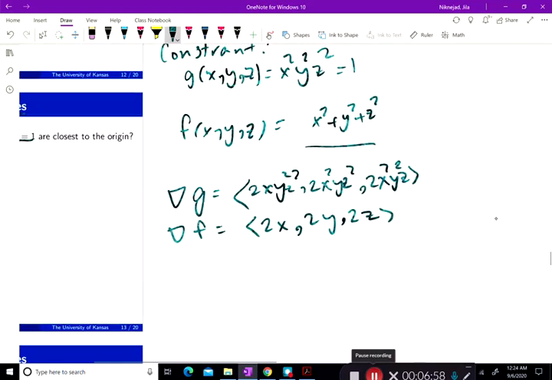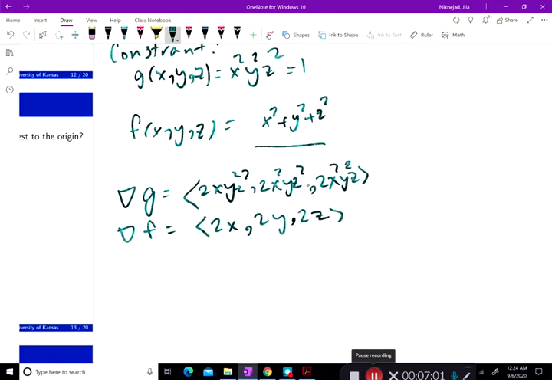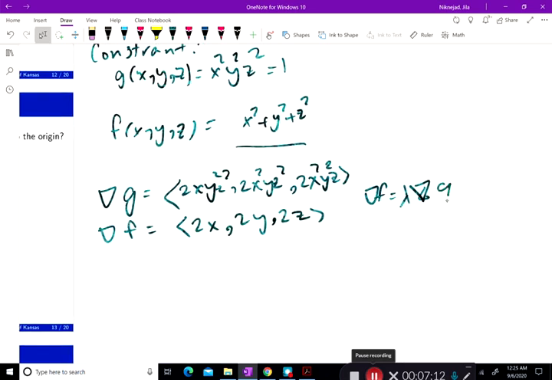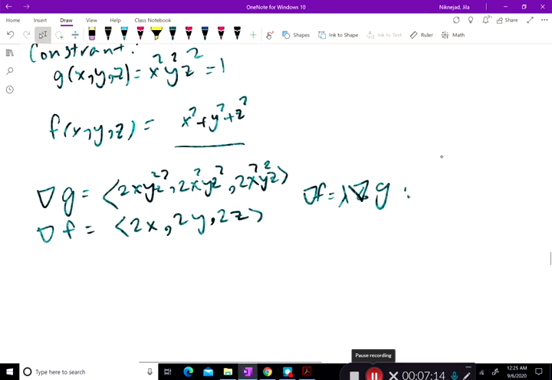Now set that equal to lambda times the gradient of g, and then you get